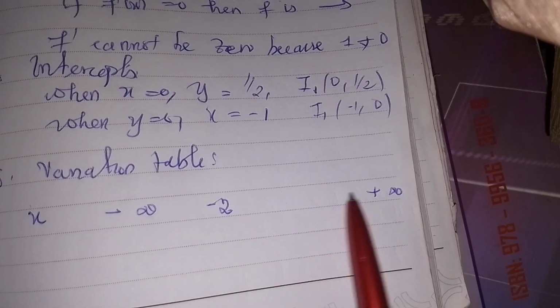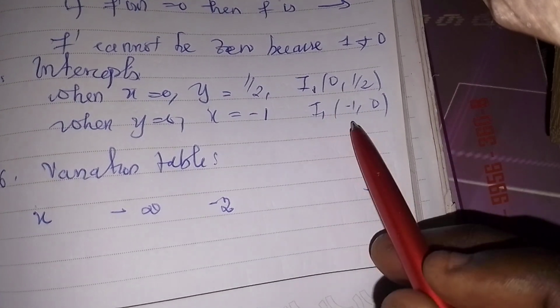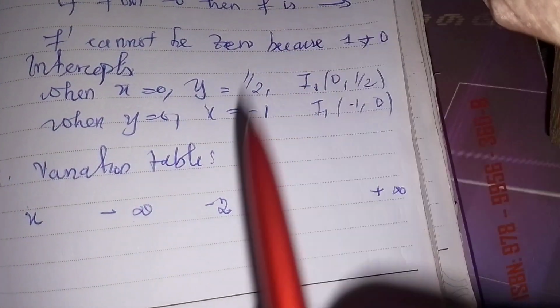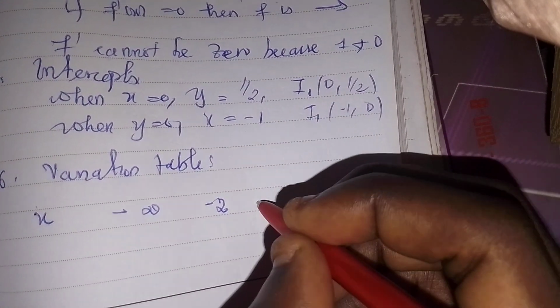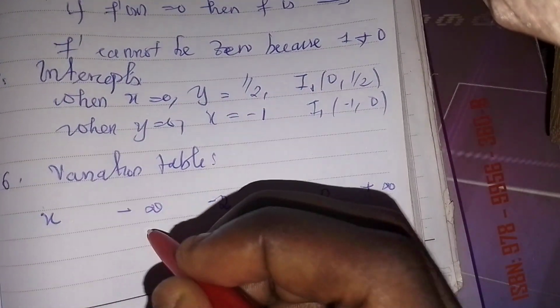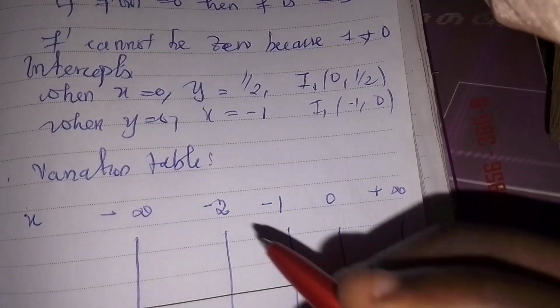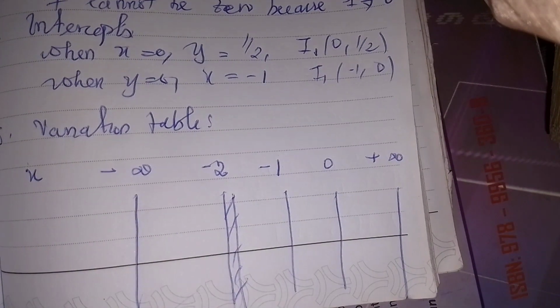Now I'm going to tell you why I kept a bigger space here. I kept a bigger space here because there is 0 and there is also negative 1. All these values concern x. If there was a turning point, you would also need to put those values here. So we put minus 1 first, then 0. Alright. Now we draw vertical lines passing through all. Now we go to minus 2. Since it's a vertical asymptote, we try to cancel it. Let me try to draw it here. So we have x, okay,